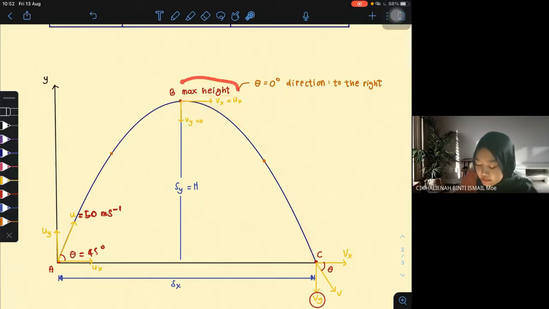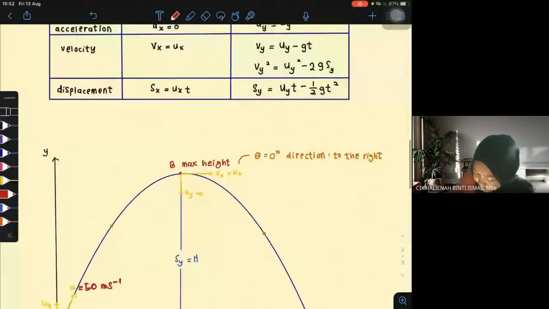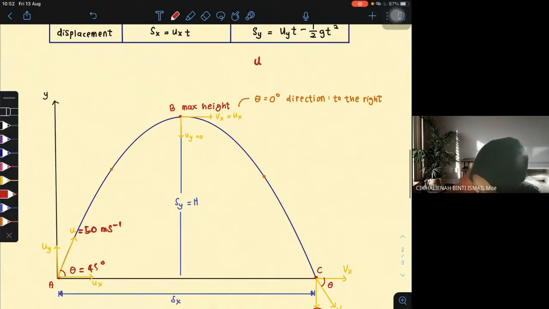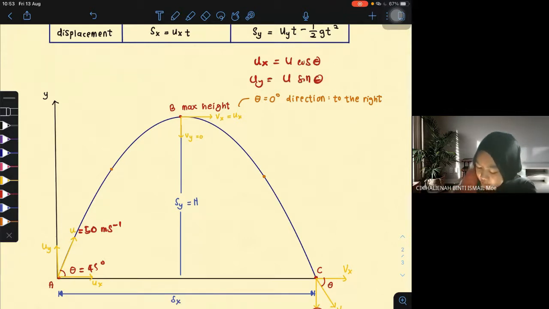So at maximum height, the angle will be zero, because it is here. So the angle will be zero. Initially we have U, Ux is equal to U cos theta, Uy is equal to U sin theta. So when the angle is zero here, at this point,